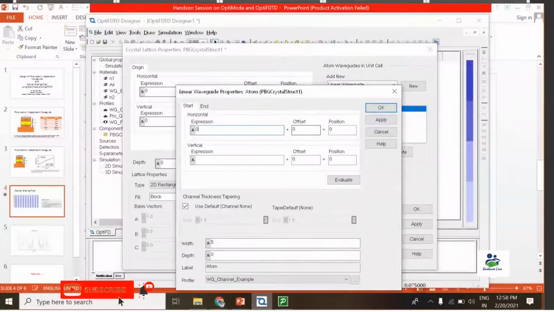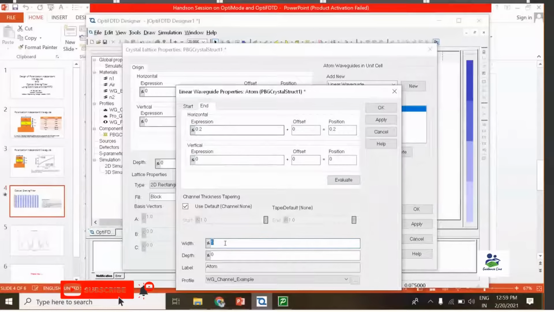So I am making the horizontal 0.1 and making the offset value 0. Similarly, in vertical, we do not want any change, so I simply put 0, 0. In the end, I want the expression to be 0.2, 0, okay.